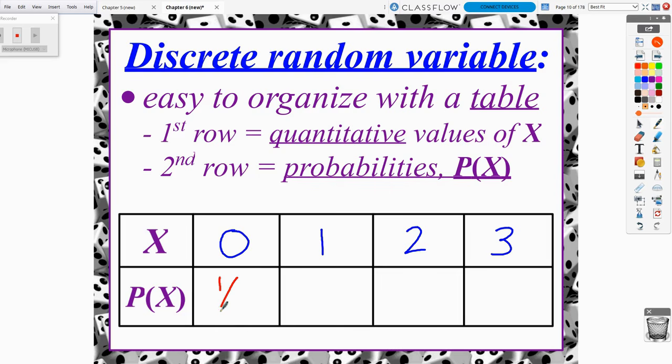So I have a 1 in 8 chance of having no girls, aka 3 boys. I have a 3 in 8 chance of having just 1 daughter out of 3 children. I also have a 3 in 8 chance of having 2 daughters. And last but not least, the probability of me having 3 girls is 1 out of 8, which is 12.5%. So there is the table filled out with our quantitative values for our discrete random variable and all of